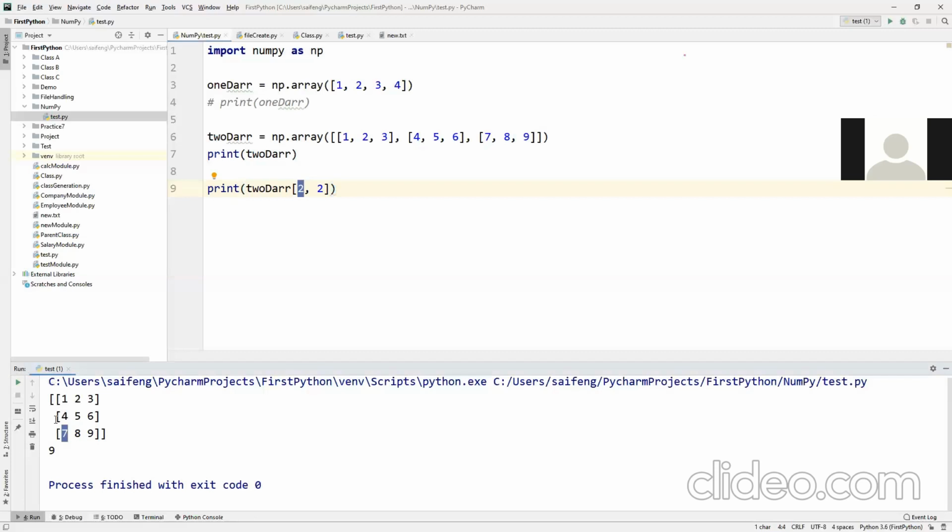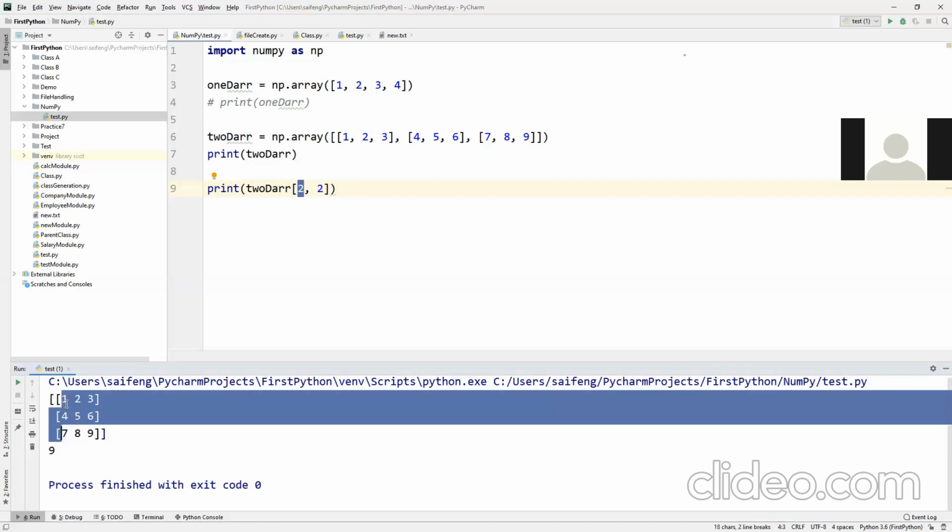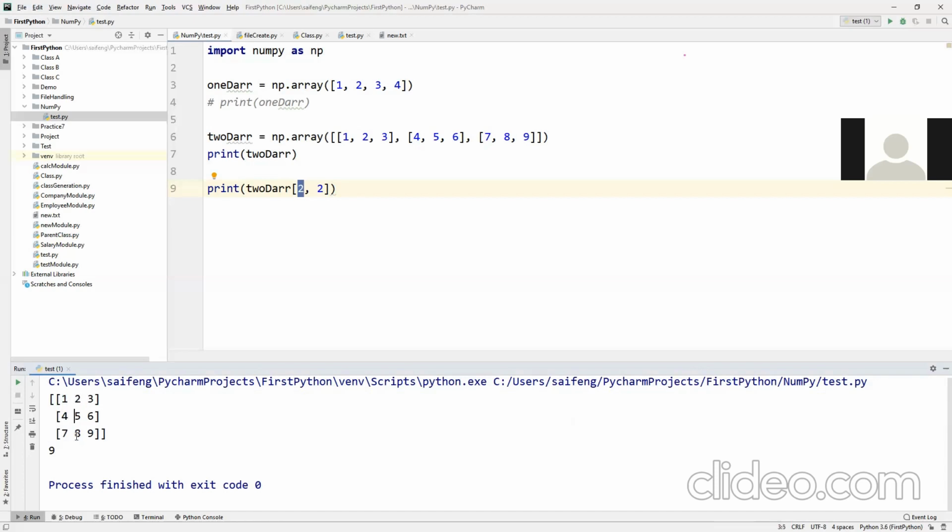Do you know what a row is? This is called a row. Row 1, row 2, row 3. Columns are vertical: 1, 4, 7 is column 1; 2, 5, 8 is column 2; 3, 6, 9 is column 3. 7 is on row 3, column 1. Then what's the corresponding index?